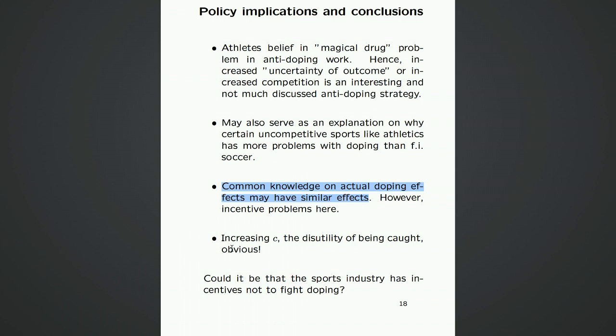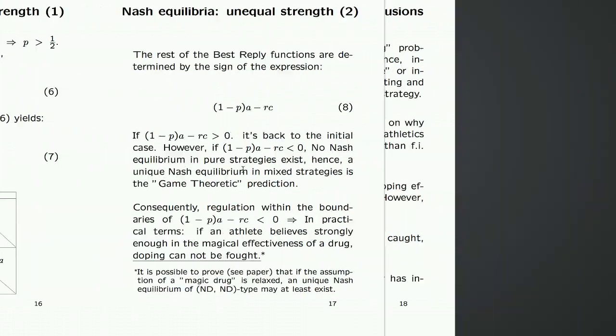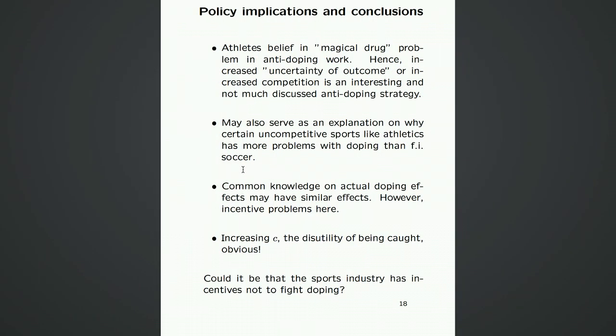And that is, of course, something which is not nice. If you really want to make the punishment work here, you definitely must create economic consequences for the agents. There is another important point here. Remember this inequality. We said we can increase R, increase C, or decrease A. Decreasing this A is an interesting thing. If you think about the situation with two athletes, this A tells us what the winner gets and what the loser gets. In our case, it's simple. There's A to the winner and 0 to the loser.